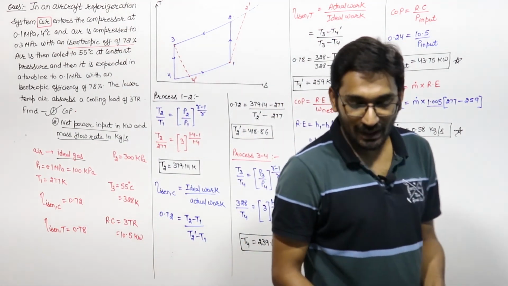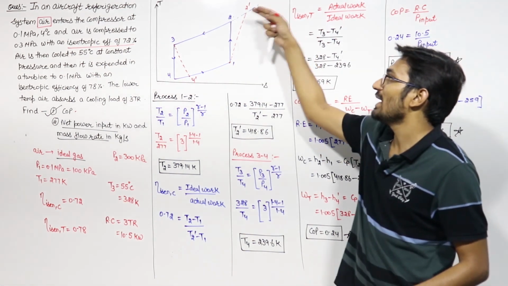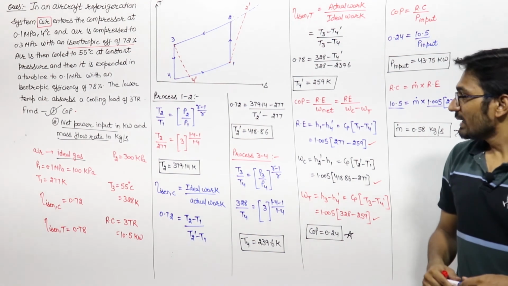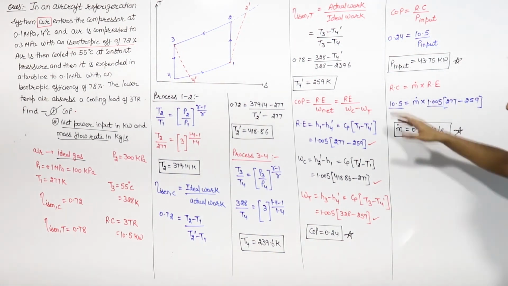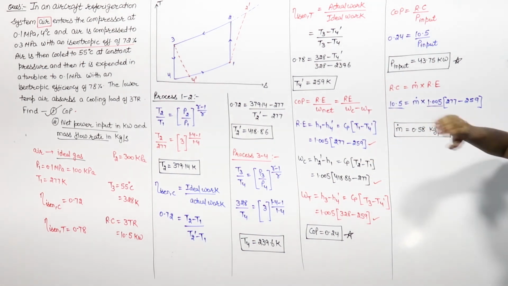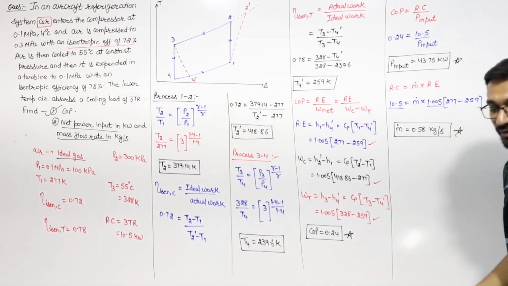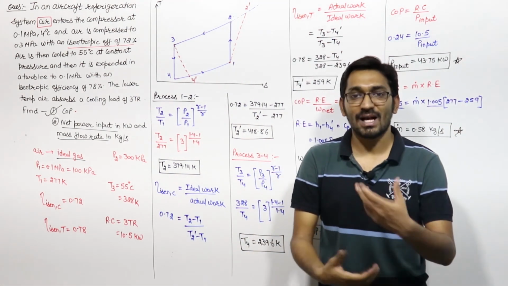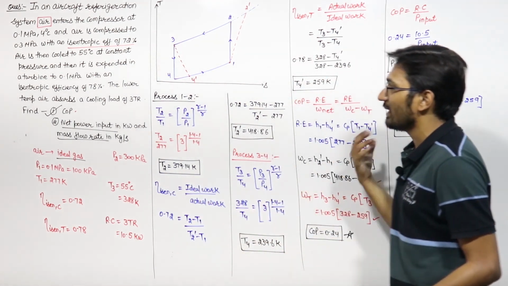So with the help of this, we will solve questions like this, right? If the isentropic efficiencies are given, first of all try to find all the temperatures: 1, 2 dash, 2, 3, 4, 4 dash. If you get all the temperatures, then with the help of the basic equations of COP, refrigeration capacity and refrigeration effect, you will be able to find the power input or COP or mass flow rate or volume flow rate, anything they can ask.